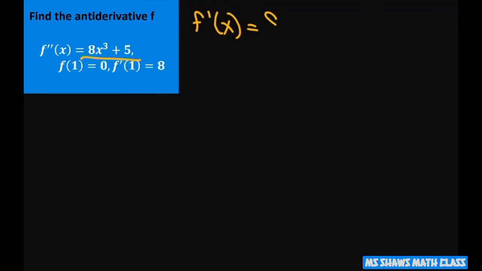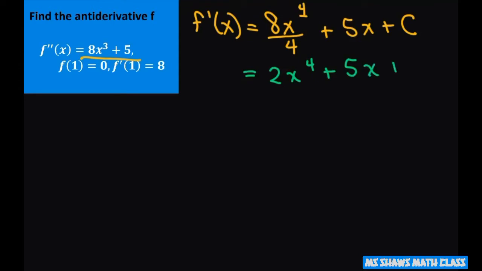So just write down your 8. You're going to write x to the fourth, add 1, then divide by that number, plus 5x plus c. All right. So this is going to reduce to 2x to the fourth plus